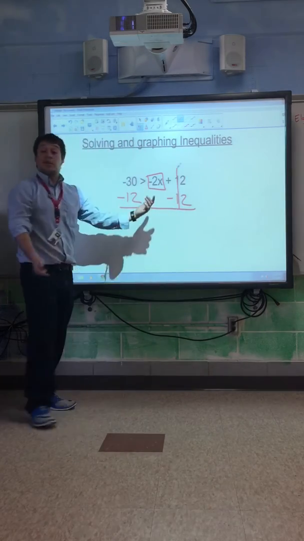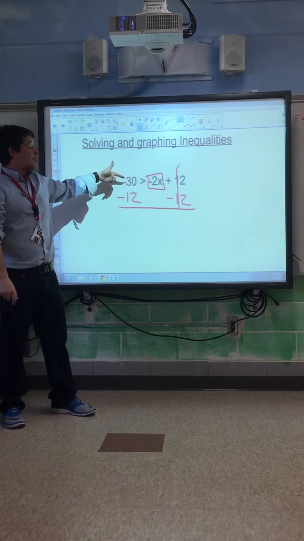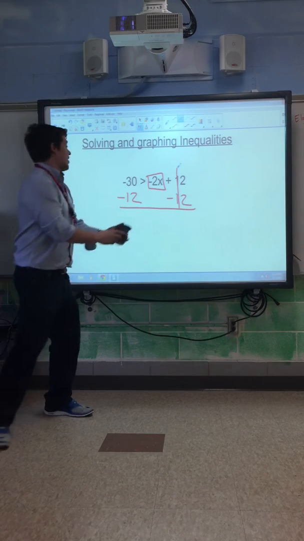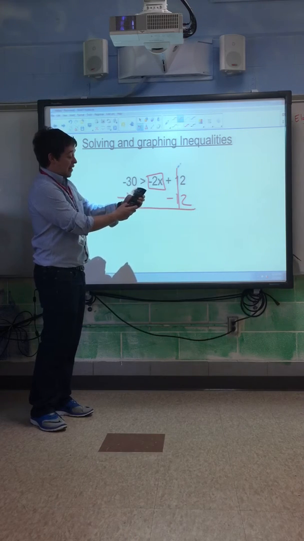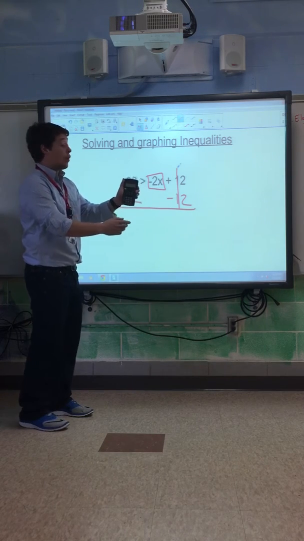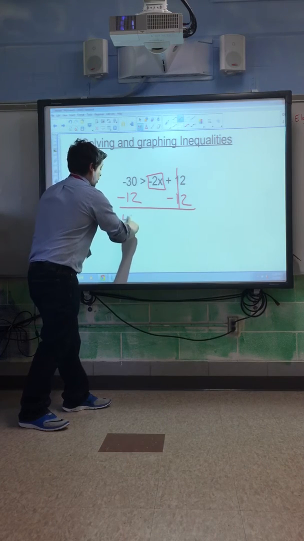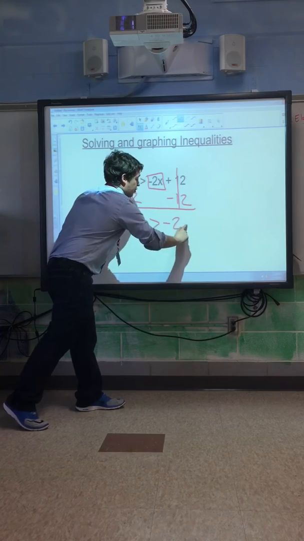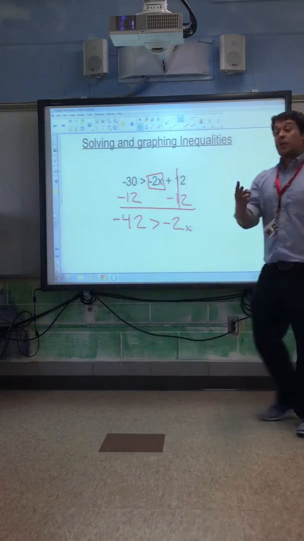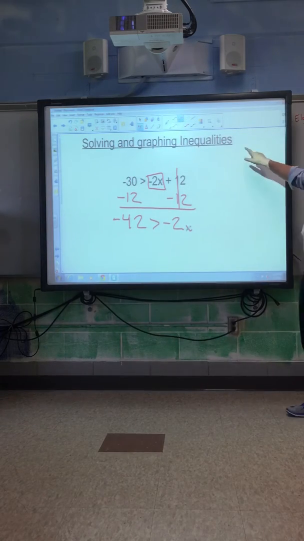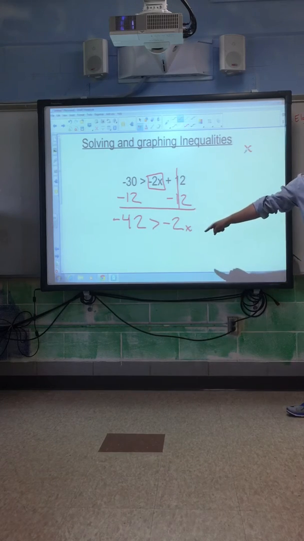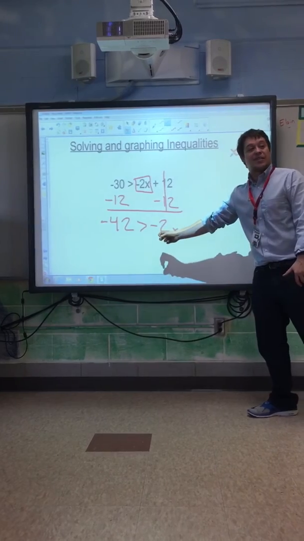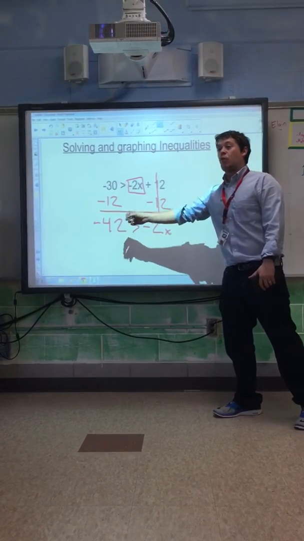Now, one major concern that students have been having here is they're ending up with answers like 8 here. When you use your calculator to do this, it is negative 30 minus 12, which is negative 42. So on the left side of our inequality, we have negative 42 is greater than negative 2 times x. It's a two-step inequality. We've done one step. We are trying to get x isolated. Right now, we don't know what x is. We know that negative 2 times x is on one side of our inequality, and negative 42 is on the